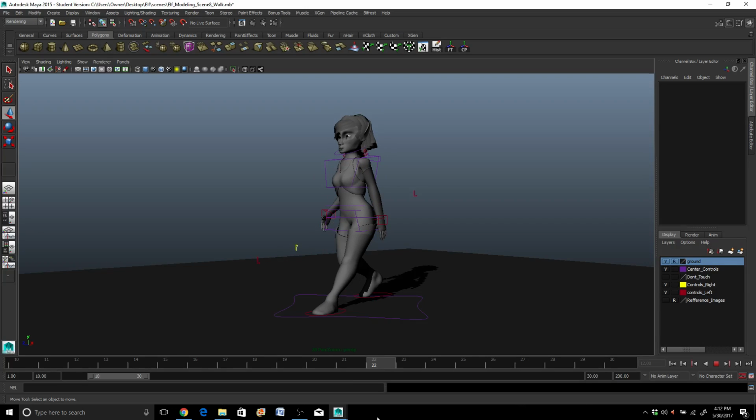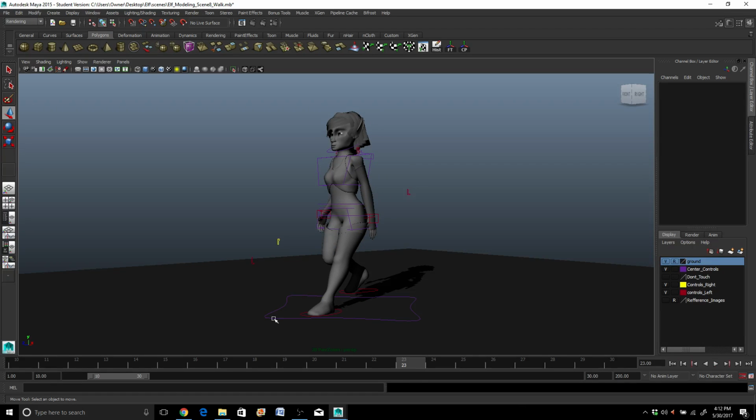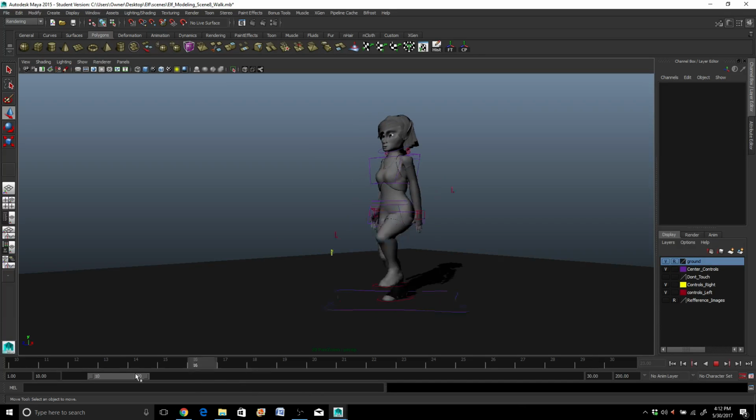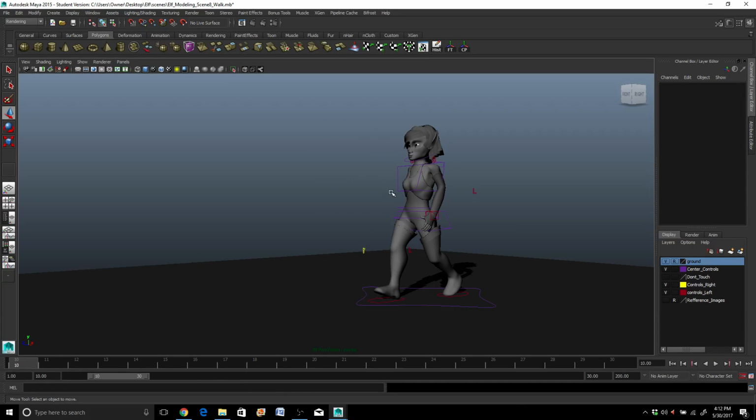Looks like I have a little bit of room to fix right here where the foot kind of goes down, but I think I'm going to handle that in the next lesson. So I'll do the next lesson. We're going to do a little bit of refinement on some of the controls that need to be just touched up a little bit. We'll do a refinement on the end of the walk cycle, and we'll set up for a new animation. We'll switch it up from a walk cycle to a run cycle